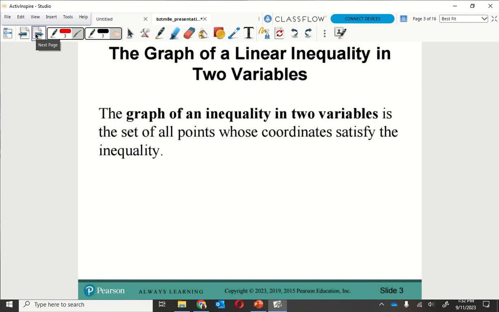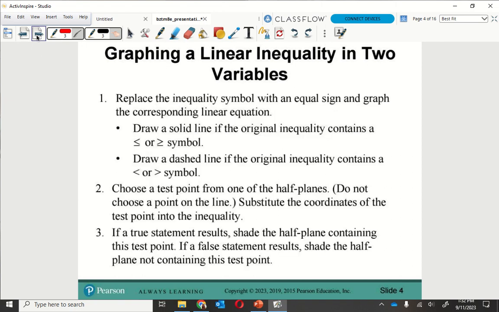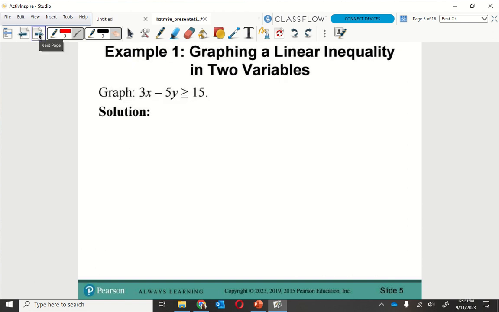Graph of inequality, two variables. All right, there we go. Pay attention. There we go. Now, how do you think we're going to do this? By what? NumWorks. Thank you very much. It's almost like I already said you guys are going to need it. So please make sure you have that out right now. And how do you